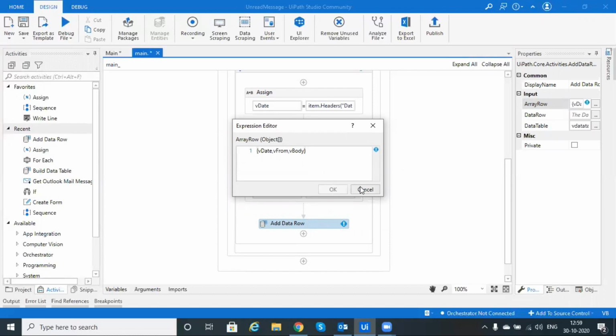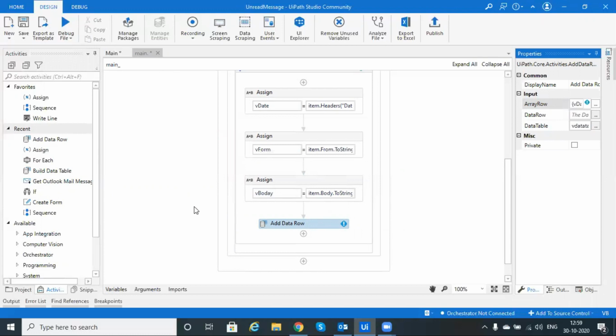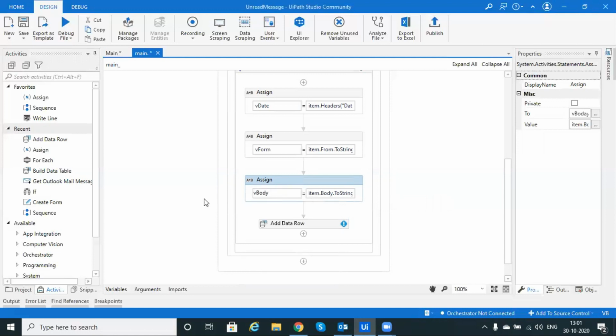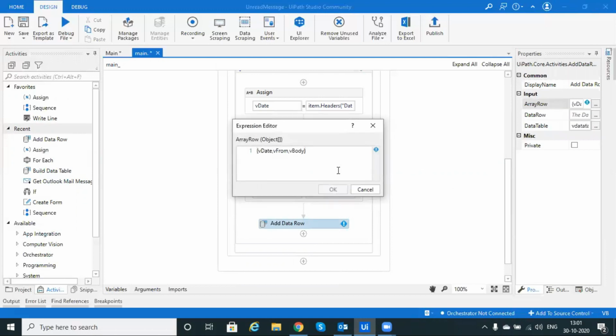Yes, we will create, Control K, the body, right? So hope right now we won't get any error.